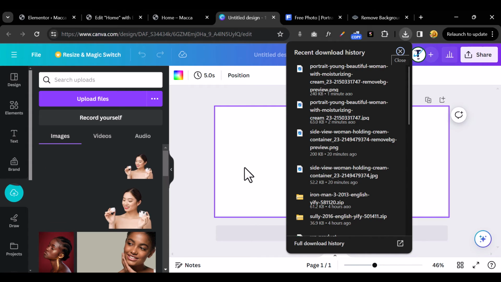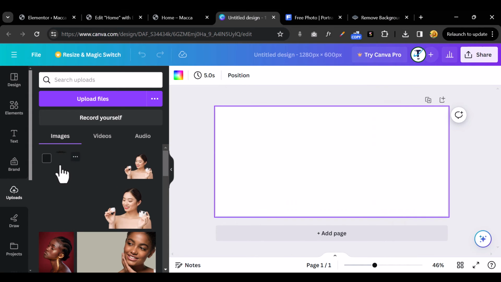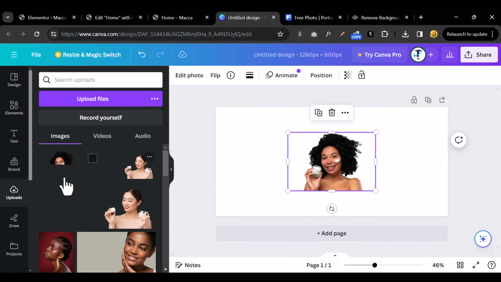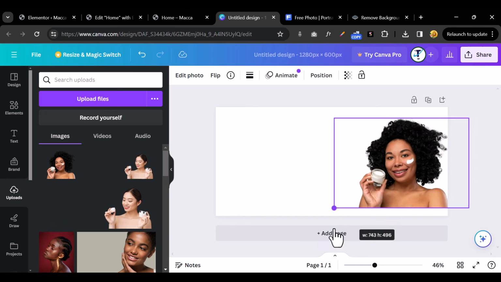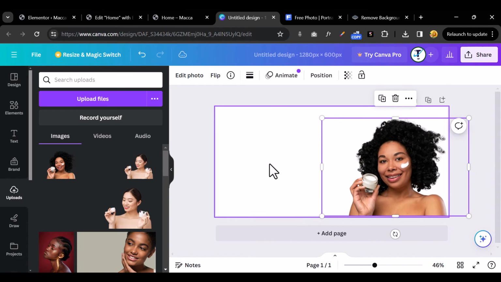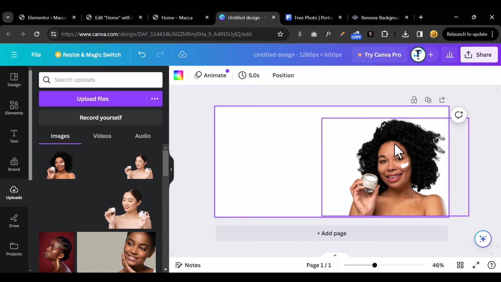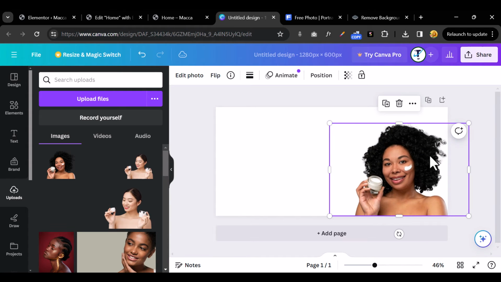Yeah, and I can't see it. Okay, it's right here. I think it was heavy, and that's why there was a delay. So you can resize this to make it look like this, or make it look smaller,